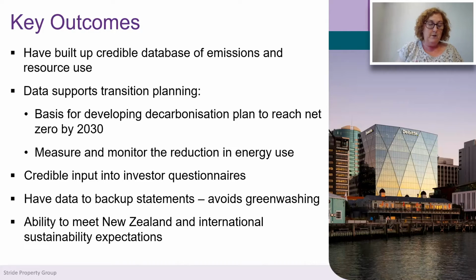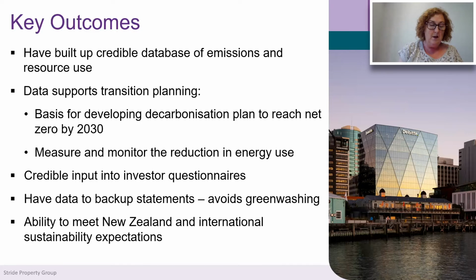The use of consultants to assist with developing our targets and creating the decarbonisation plans, along with the data and supporting evidence which gets uploaded into the system, provides a backup to the sustainability statements that we make each year and hopefully avoids us being accused of greenwashing, as the statements and information can all be verified. And having the data in one place makes it much easier to meet the New Zealand and international requirements around reporting,